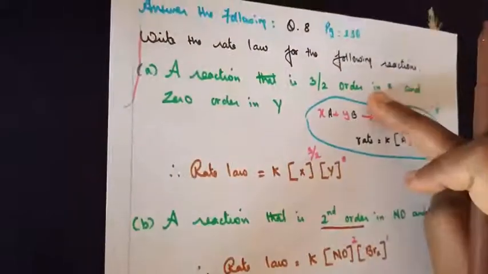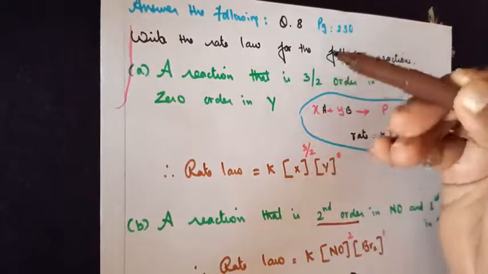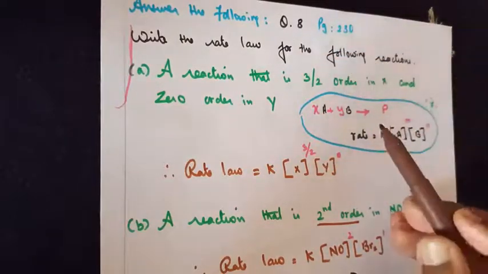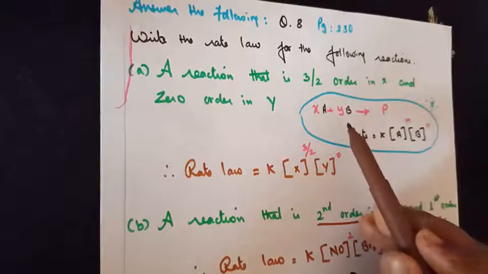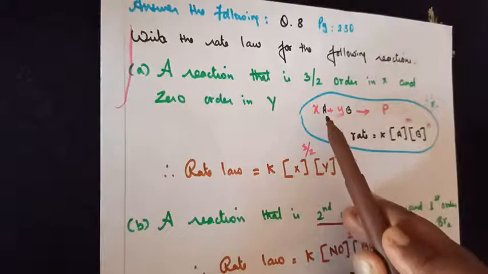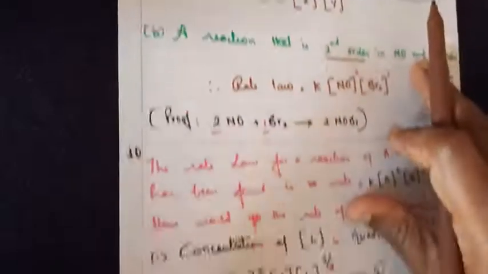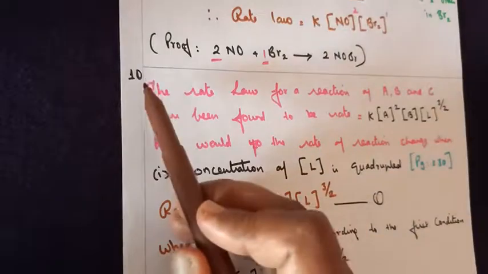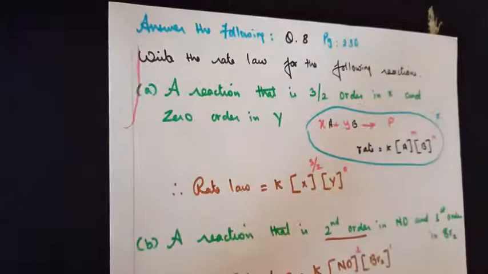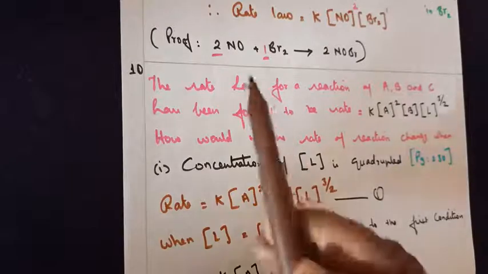Now these are 2-mark type questions based on the rate law. But you have 5-mark concept questions. There, when I work them out, you will come to know very clearly how to distinguish between the stoichiometric ratio and the order of the given concentration. So now let's move on to one more question. Question number 10, taken from the same page, 230. It's a long question but very easy to work out.